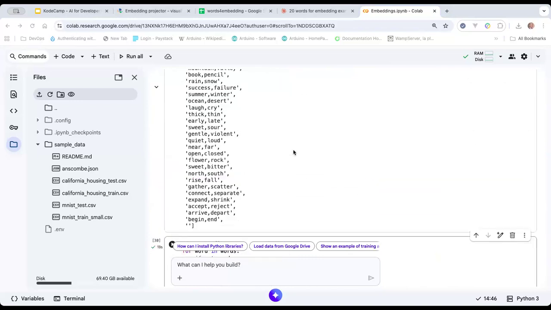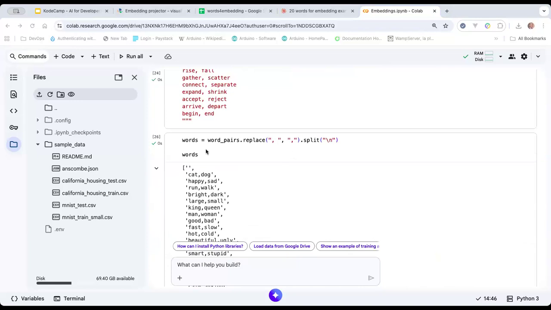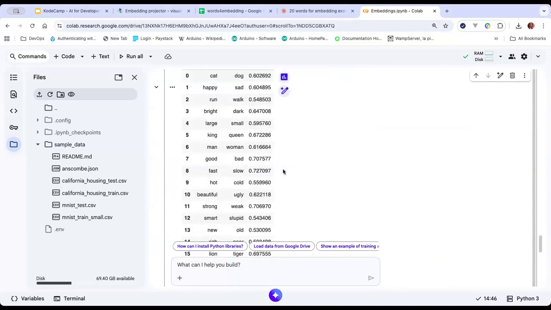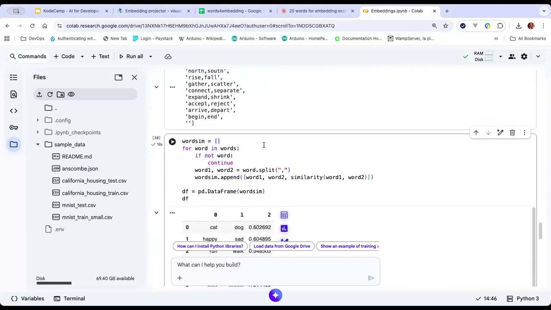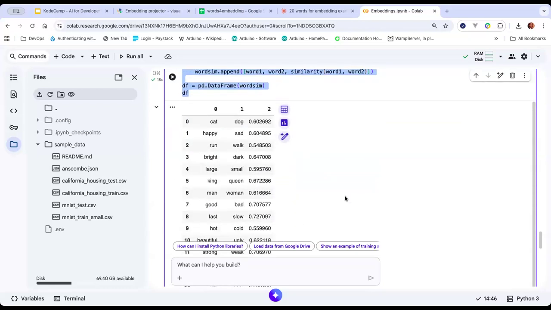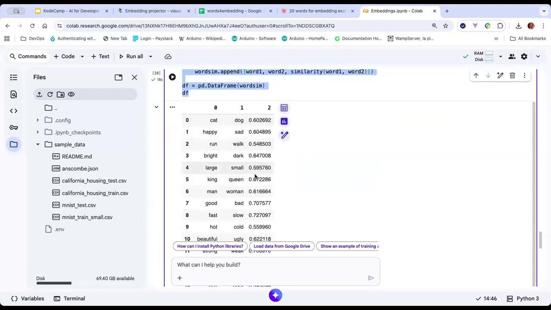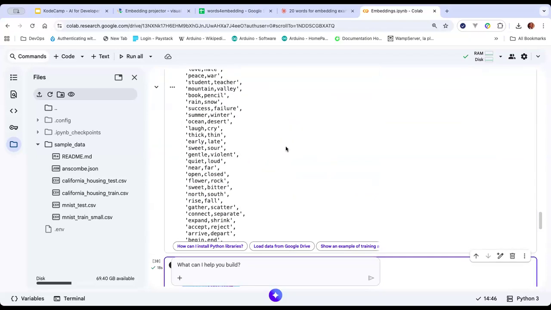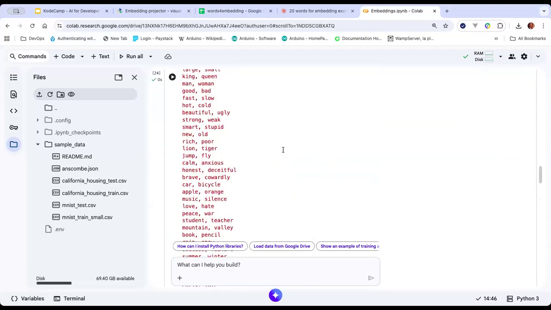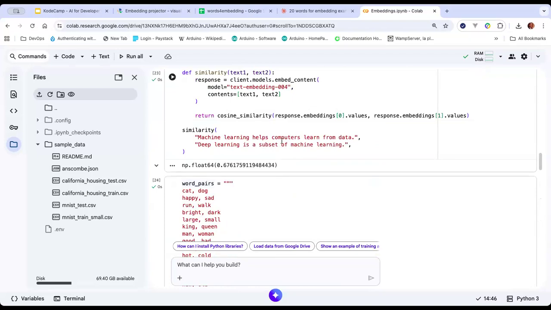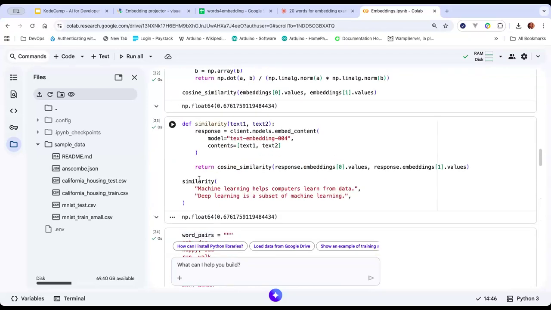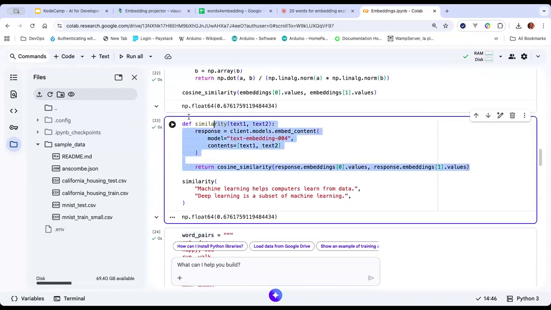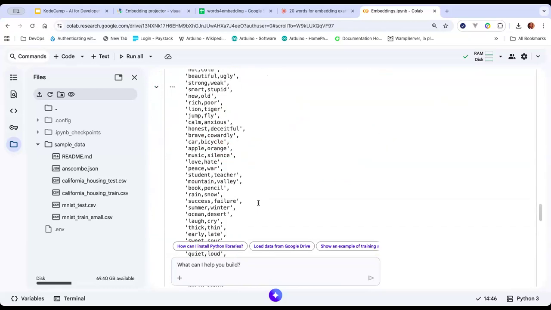So we would try that rather than using this linear algebra method, which seems to not be giving me what I want. It's almost the same value for everything, right? So let's adjust this a little bit. Let's adjust similarity again by using not the cosine similarity, but using a